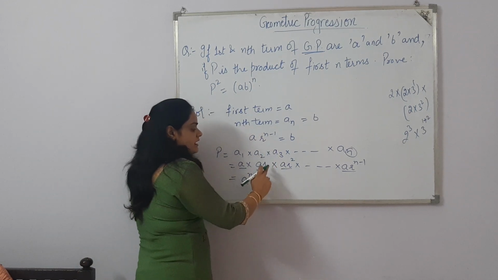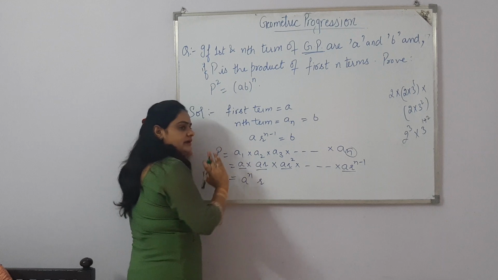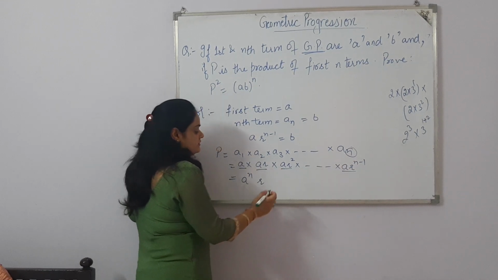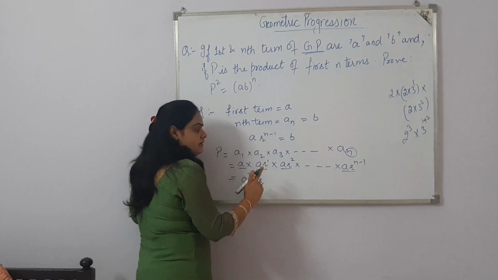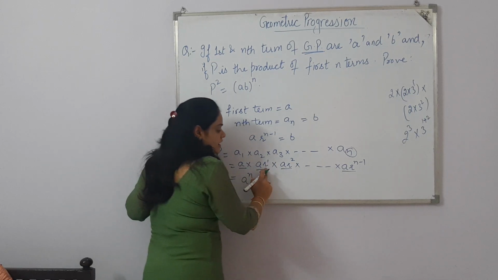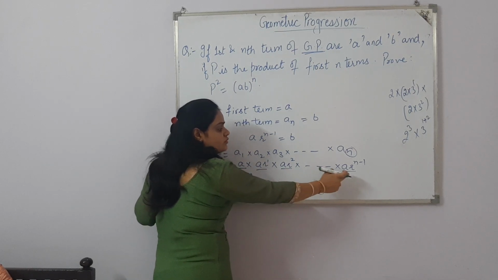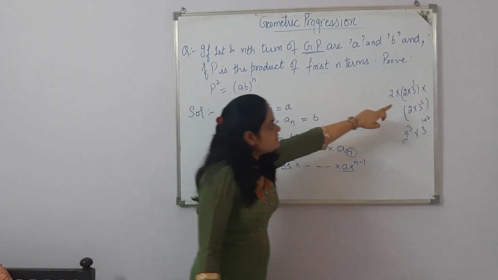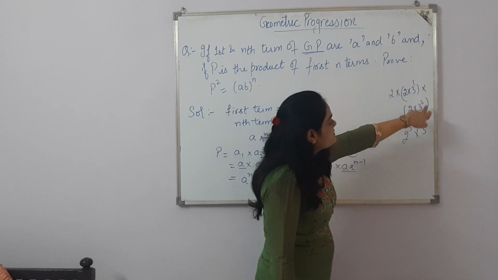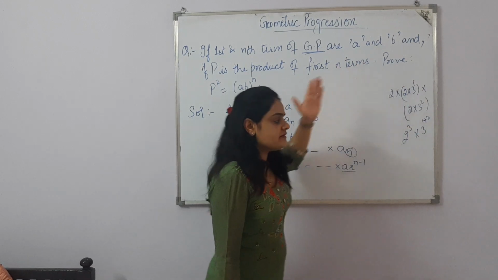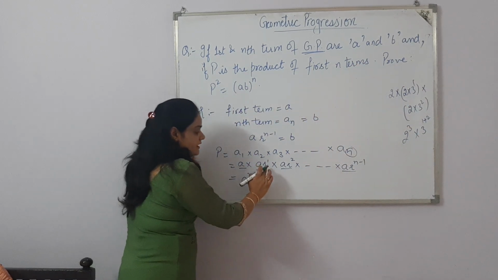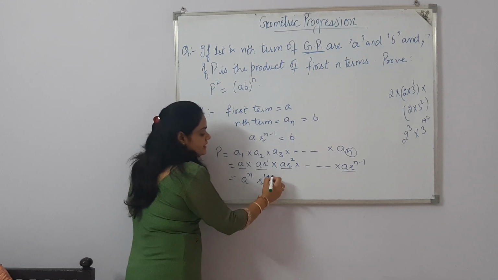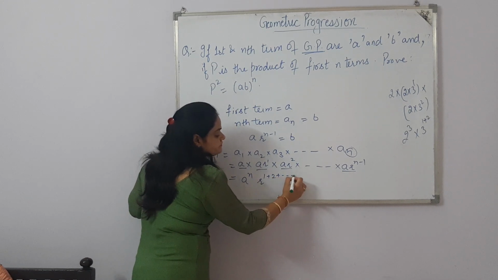And of course R is coming. R is not coming at the first position. R is coming from second position to last position. So bases are the same, and here R's power is 1, here R's power is 2, here R's power is n minus 1. That means R's power is changing. Just like this, 3's power here is 1, here 3's power is 2. That means 3's power is changing. What we'll do here is, if the bases are the same and in between a multiplication symbol is there, we'll add the powers.